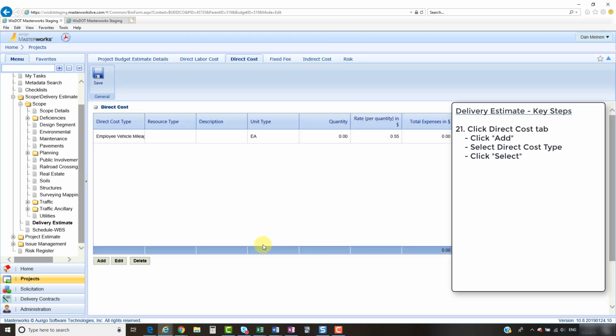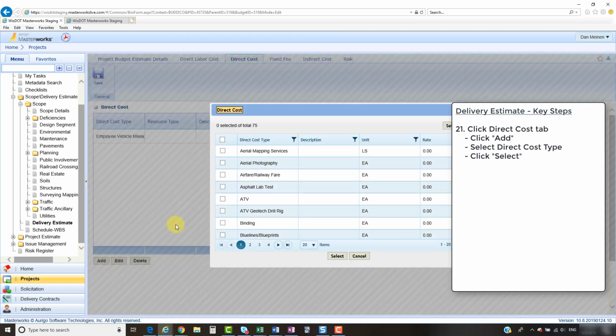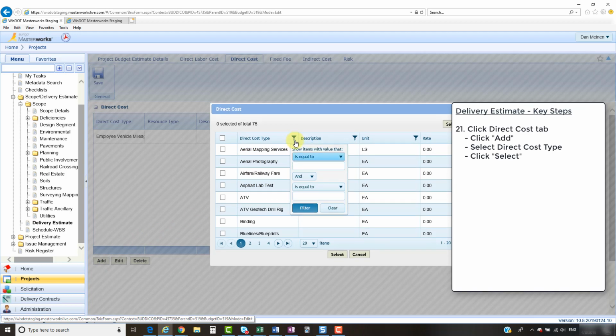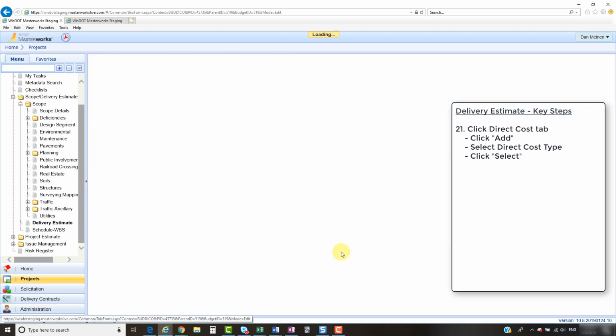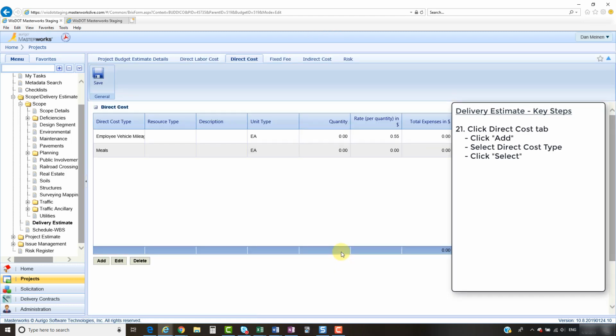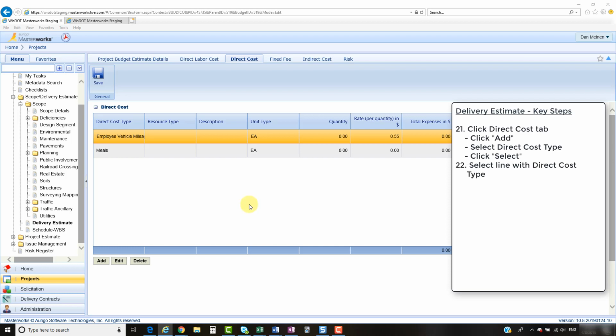I also have some meals that I want to add to this. Click on Add. Click on the filter, Contains, Meal. Click on Filter. Select that. Click Select. Just a note, you can add more than one direct cost type whenever you go to that Add area. I need to then assign a resource type and a quantity and total expenses for each of these direct cost